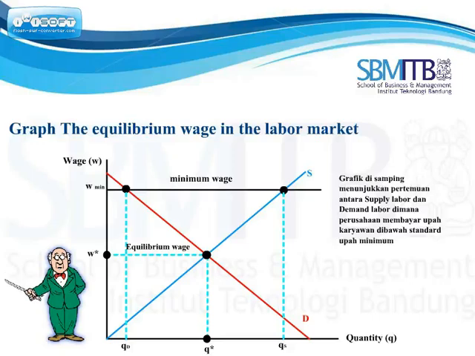The equilibrium wage rate is the wage rate that produces neither an excess supply of workers nor an excess demand for workers in the labor market. The graphic shows that the company can pay labor a wage lower than the minimum wage if the labor supply in the market is higher than labor demand.